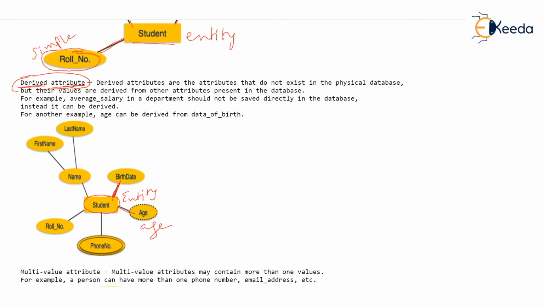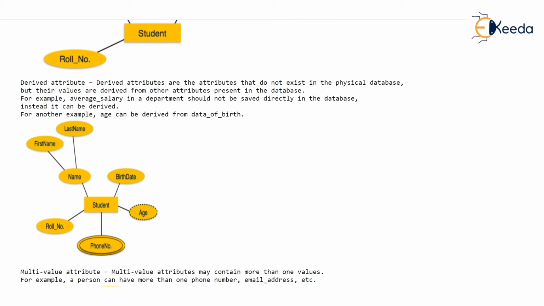Even if I tell you that my date of birth is 15 to 1971, that's enough, and you can calculate my age, isn't it? So there is no sense in storing age. Such derived attributes are shown in a dashed ellipse and we write the name of the attribute there. Remember, this age is not going to be stored in the database and we will store only birth date. But we are collecting our requirements and it is always better that we write the requirements properly without missing out anything. Can you make out a few more things here which we learned just a few minutes back?